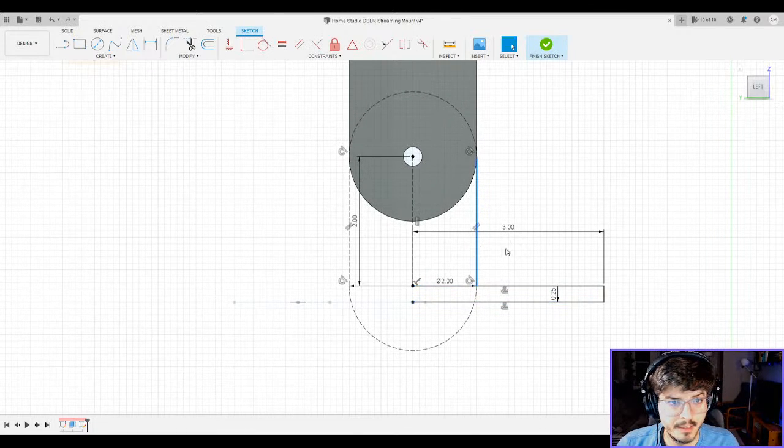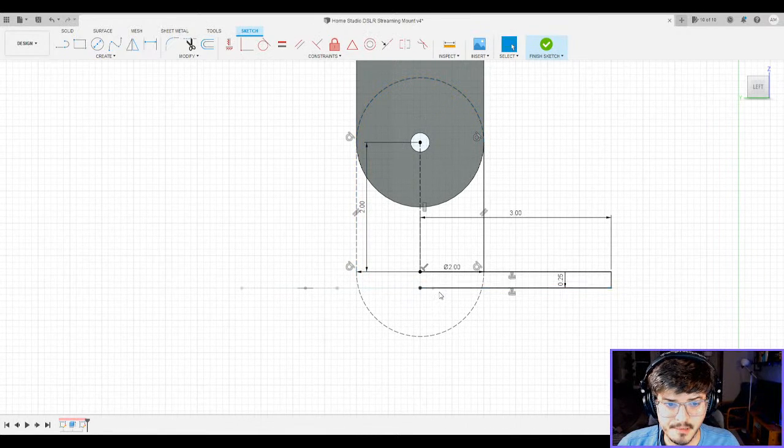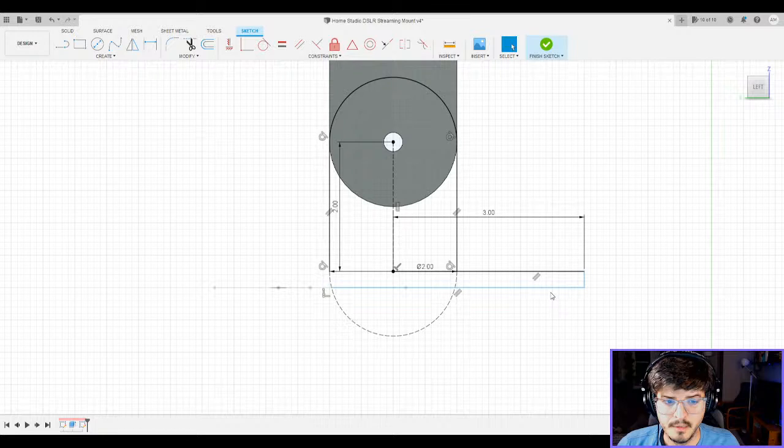That line is no longer there. These are not reference lines. I'm going to extend this guy. Whoops. Nope, not that. Extend. There we go. That and that are not reference lines.